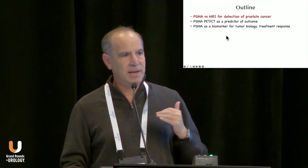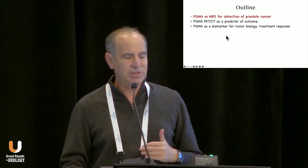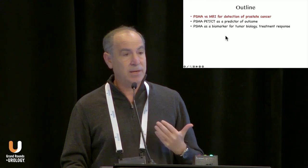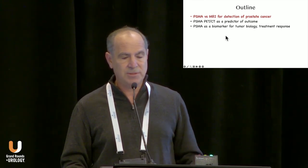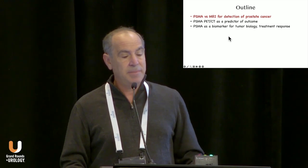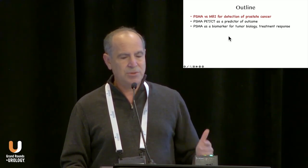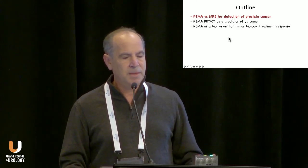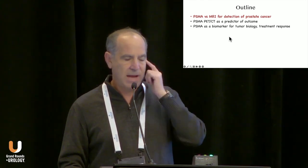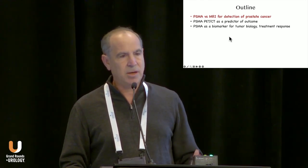The one will be what additive information PSMA imaging provides when compared to MRI, which is, of course, our standard for cancer detection nowadays. The second will be PSMA PET. What do we know about it as a predictor or prognostic marker of outcome? And then some newer work from my current SUO fellow, Adam Weiner, on PSMA as a biomarker of tumor biology